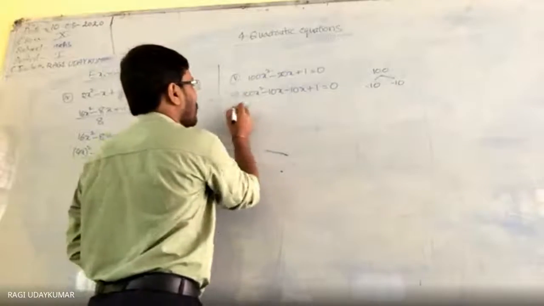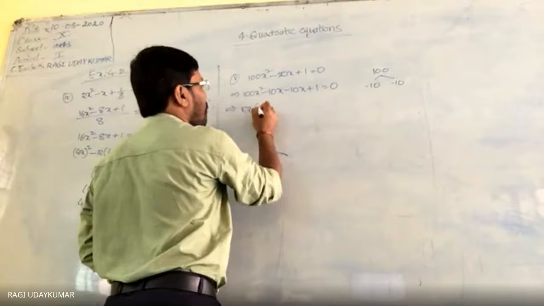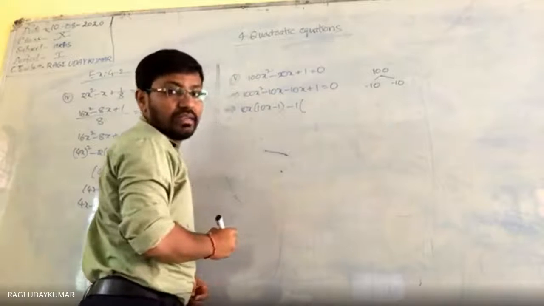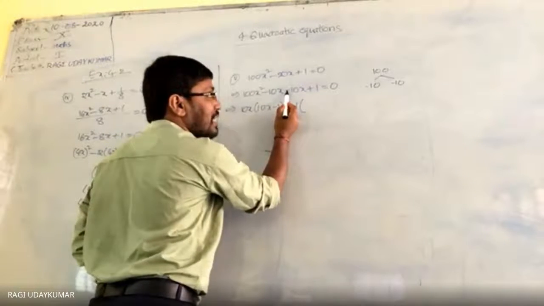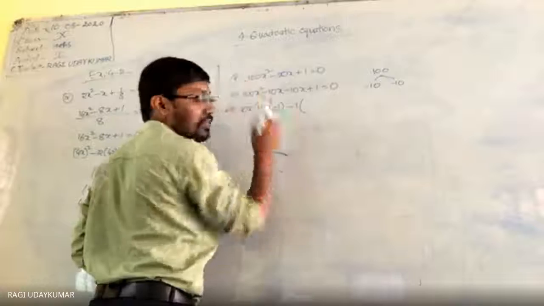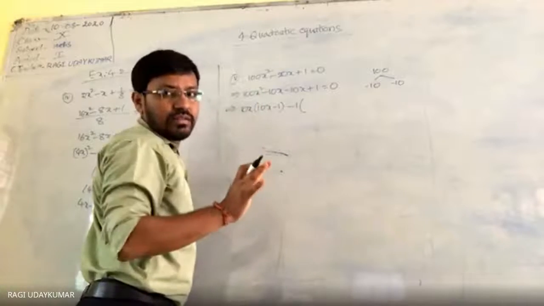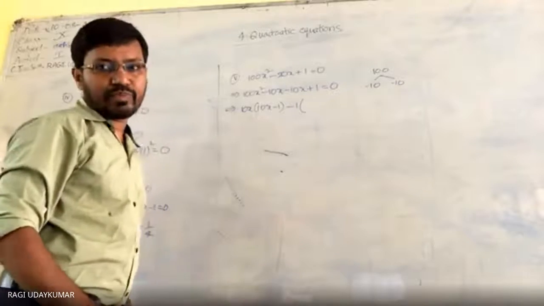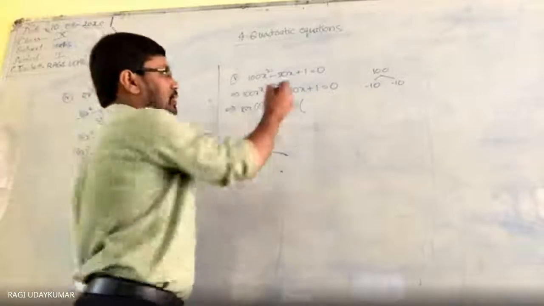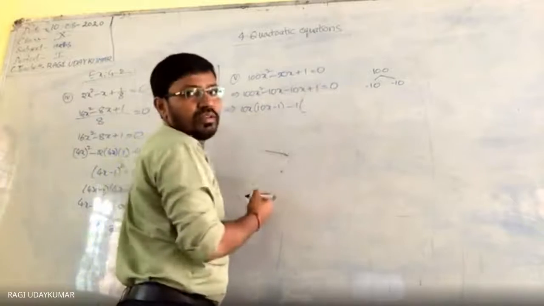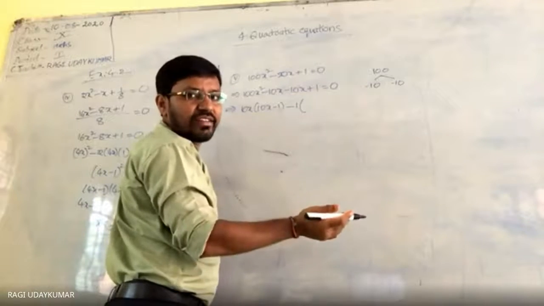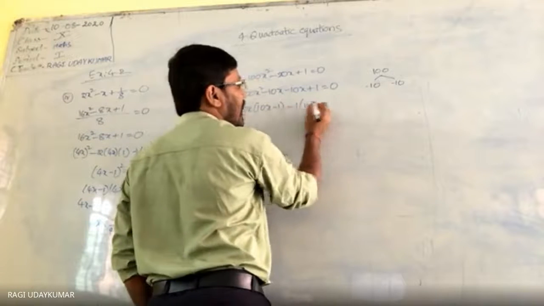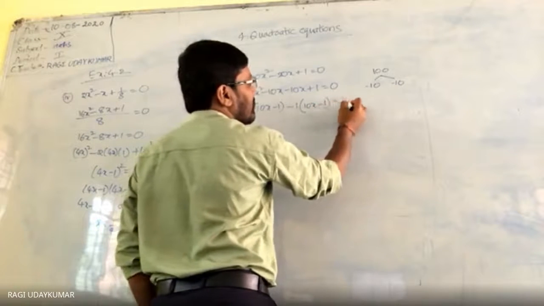Now from these two 10x terms you take the common, so 10x minus 1. From this minus 1 you take the common. Whenever you have the minus symbol here, minus 1 should be taken common, and not only 1 but negative. If another number is possible, you can take it common, but there is no common factor here in these two terms. So that's why you write 10x, and as you are having minus here, you will get minus 1 is equal to.